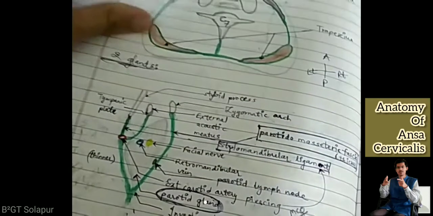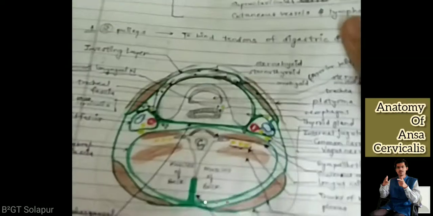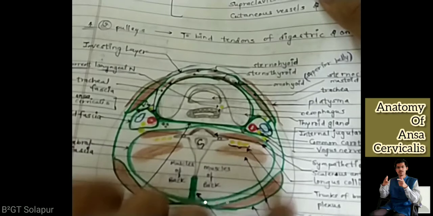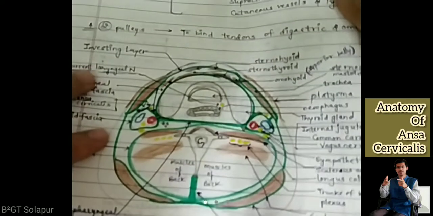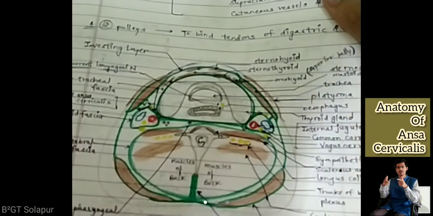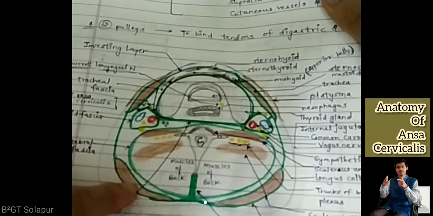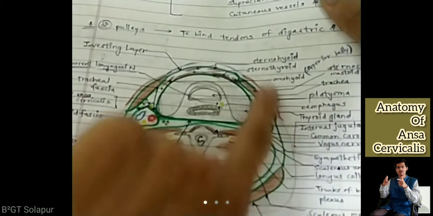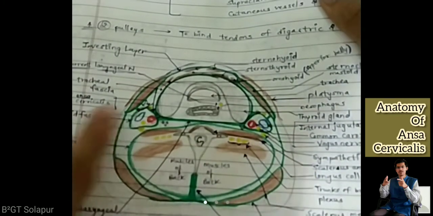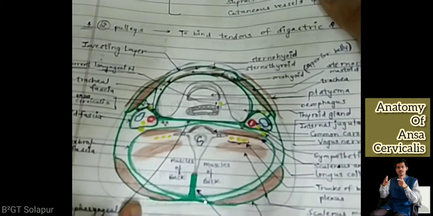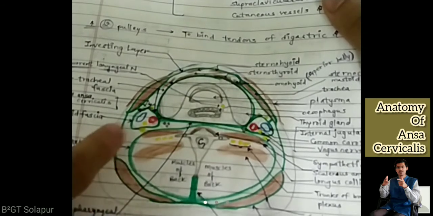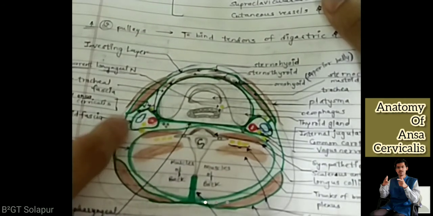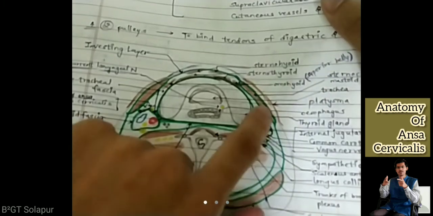If you recall this diagram, this is the main diagram. So are you getting oriented? We have to connect diagrams. It doesn't mean that if the chapter has changed, the diagrams are different and have nothing to do with each other. They are basically connected to each other. This is the transverse section at C7 level of the neck, as I already told you, depicting various layers of the deep cervical fascia. This is the carotid sheath of the left side. This is the carotid sheath of the right side with its contents.